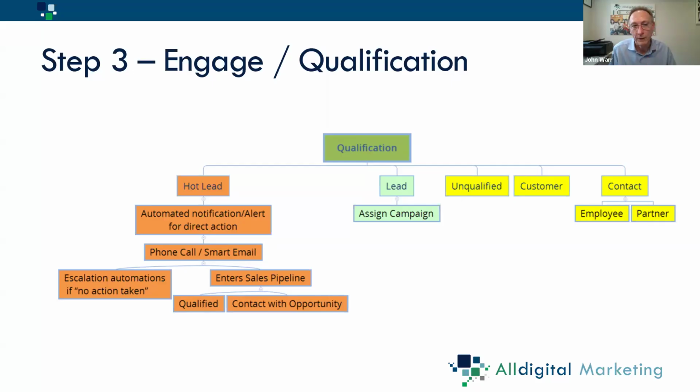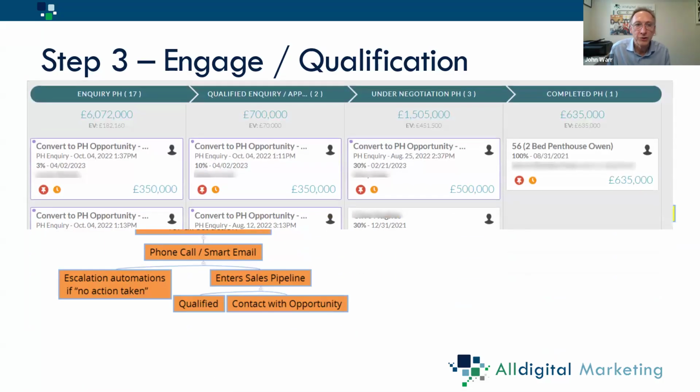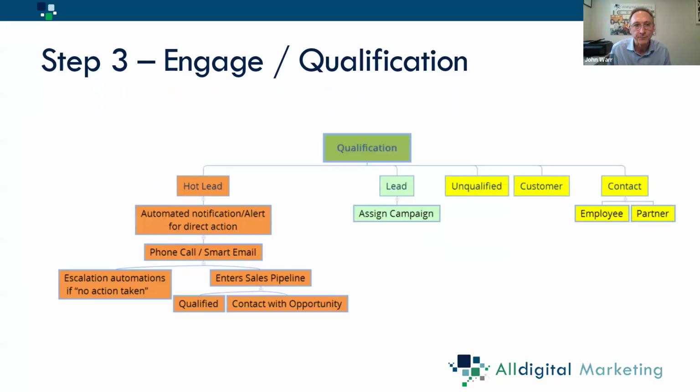But that is not the norm. Most people do not just come in and say, I want to buy with you immediately. A lot of them are probably at a point somewhere in the process, and you need to work out where they are along the buying cycle. So you will start to create opportunities, and you'll have opportunities where at the first stage, there may be an inquiry, but they're not fully qualified yet. You don't understand their need. You're not at negotiation or the completed stage. So the obvious question is, how do you move people from the first stage to the last stage and move them through the cycle? And this is all about engagement.